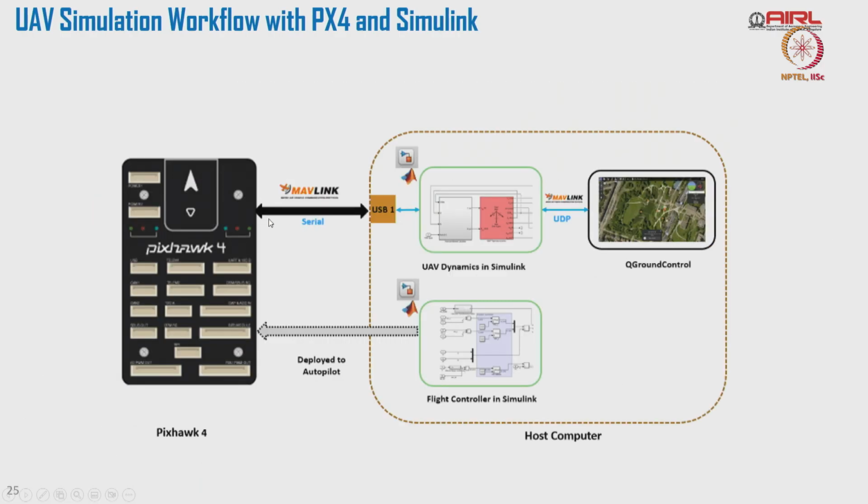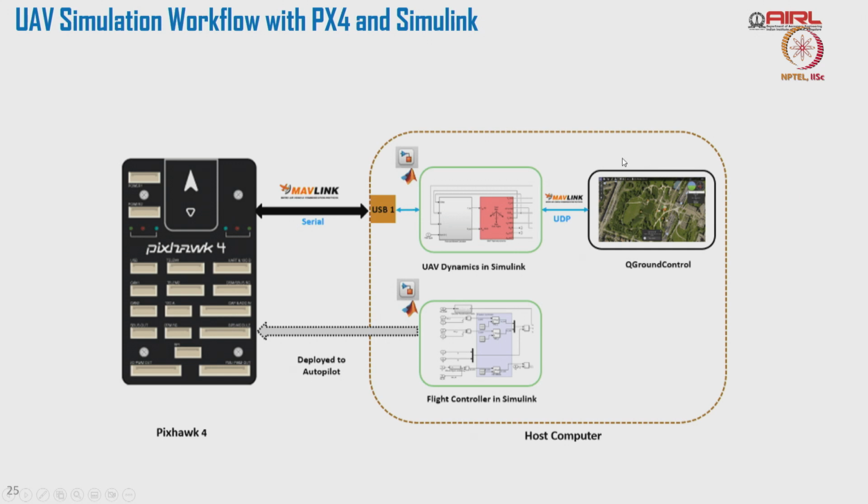So how do we do it? How does the communication happen between PX4 and Simulink? We are going to use the MAVLink protocol for data communication, and that is going to happen through a serial port, and we connect this into the USB of a host computer, where the UAV dynamics is going to be present in Simulink. The output of this dynamics we can send to the QGroundControl system, which is basically MAVLink. This is basically your mission planner, where we will be